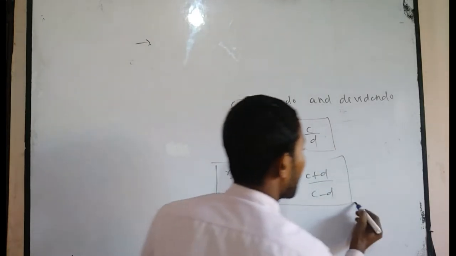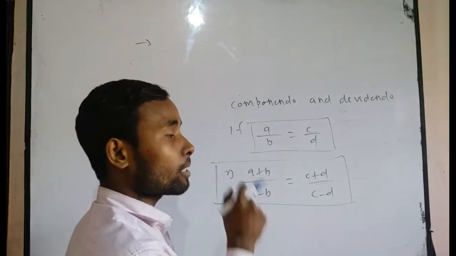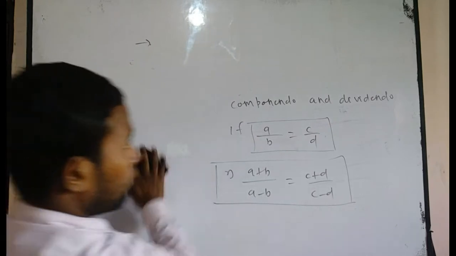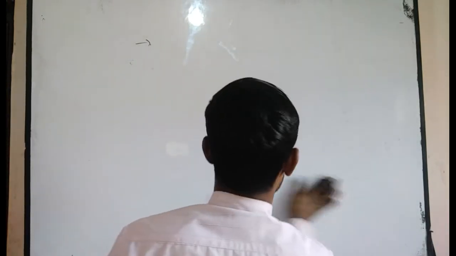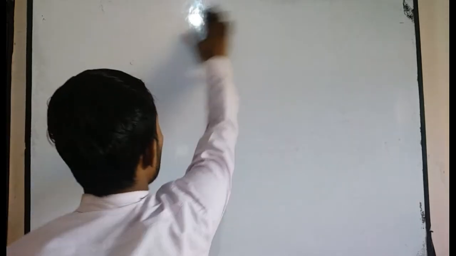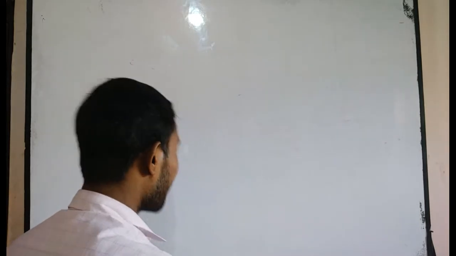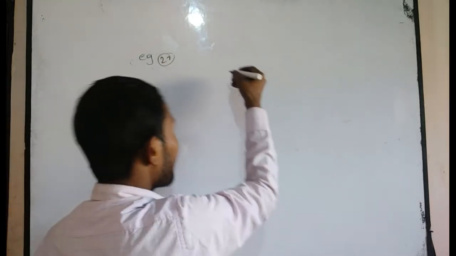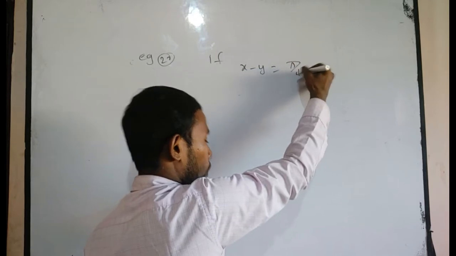Sometimes a lot of problems are solved using componendo and dividendo, so you have to remember it very carefully. Now I want to take problems based on this. Before that, there is a very famous problem, which is sometimes asked directly in competitions. Example 22 says that if x minus y is equal to pi by 4, then you have to show that